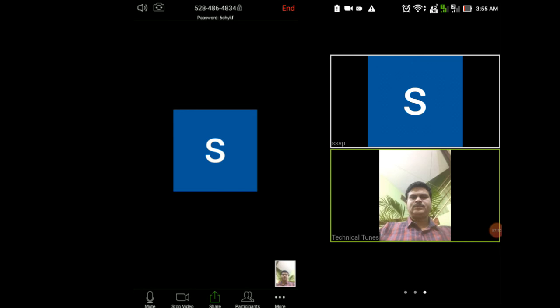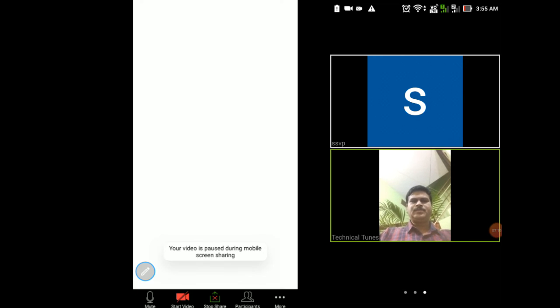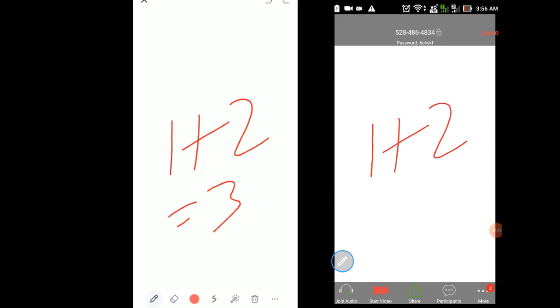Now the very important thing in this Zoom app is its whiteboard. Whiteboard can be used for various purposes, like drawing something or explaining something on a board. Freely you can write anything on the screen or whiteboard. For mathematics purposes also you can use this one. So there are different icons available. You can choose the pen size and you can change colors also.